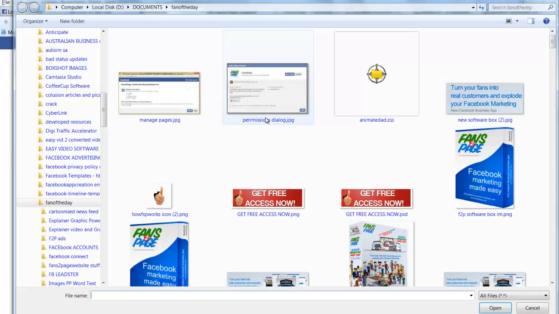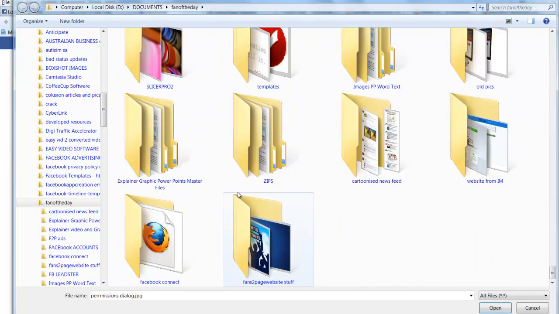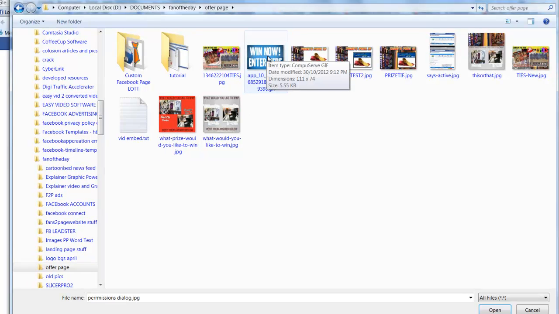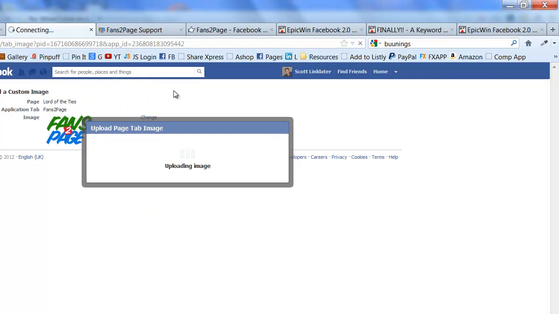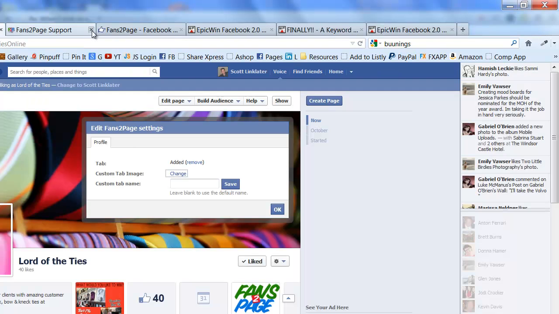We click on here to browse, and we'll go down and we'll select an image off a page, and we've got this image here, win now. Enter here, so we double click on that, it uploads it. You see that it's changed. Just close this tab here and it brings you back to this screen here, and if you wish to change what it says underneath the icon, so let's put in there